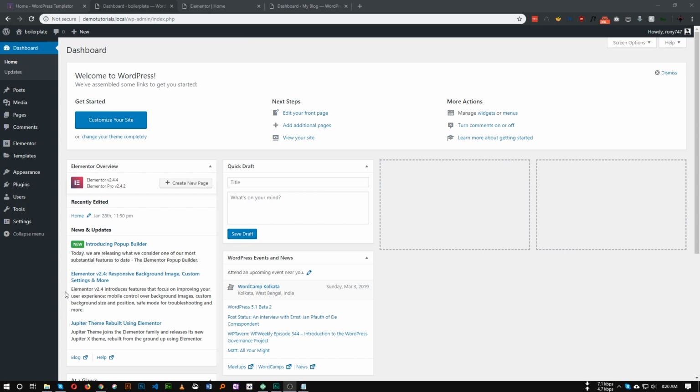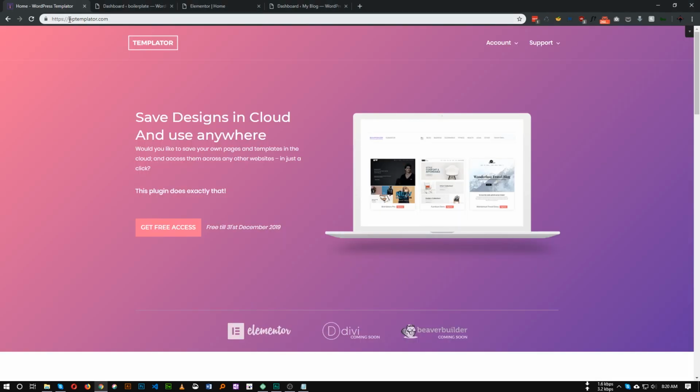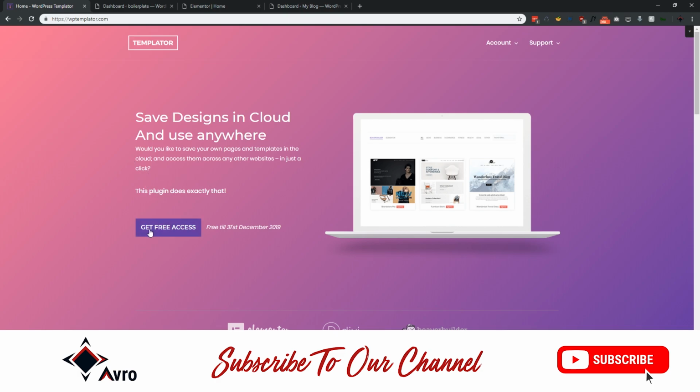We will use a plugin called Templator. To get this plugin, you have to visit this website, wptemplator.com. Here you can see it's free till 31st December 2019, so that's awesome. All you have to do is click this Get Free Access button, and after that you have